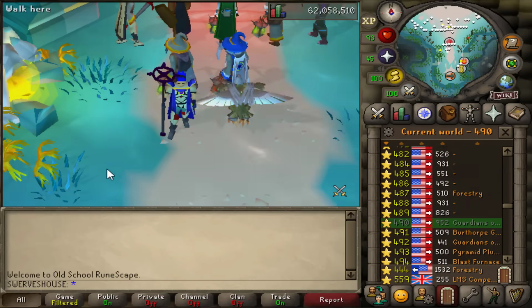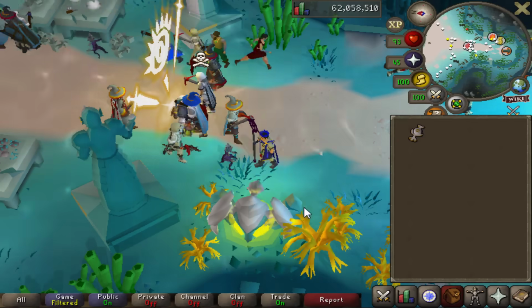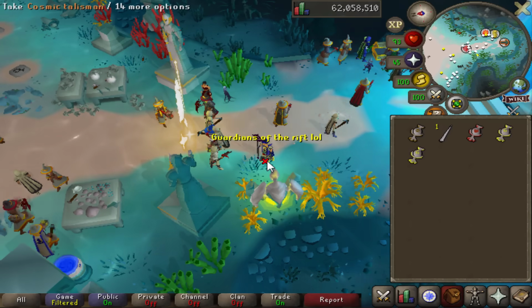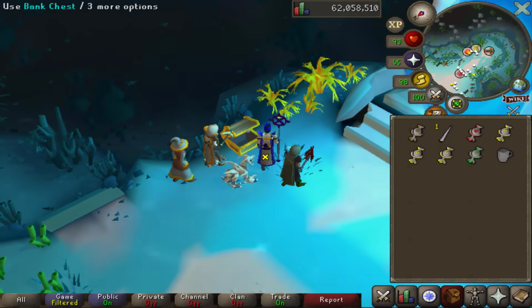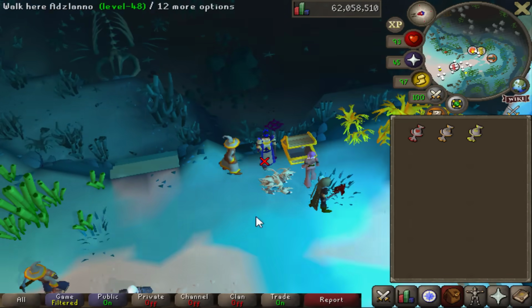So let's go ahead and hop into world 490, where it is the most populated at Guardians of the Rift, and we'll wait for the game to end so these players can search the rewards that they're going to get and hopefully drop quite a bit of them on the ground so that we can make some money in this 10-hour video. That's right, ladies and gentlemen, we are scavenging today, but before we continue,